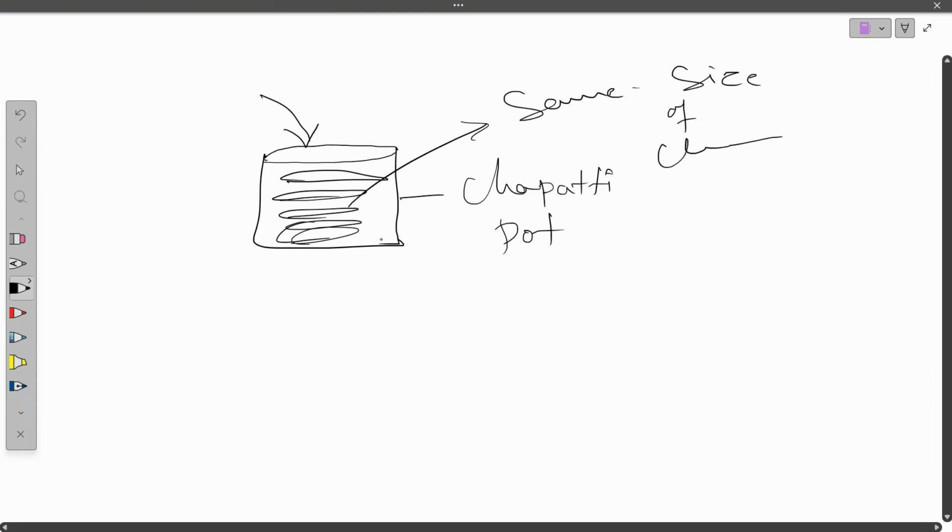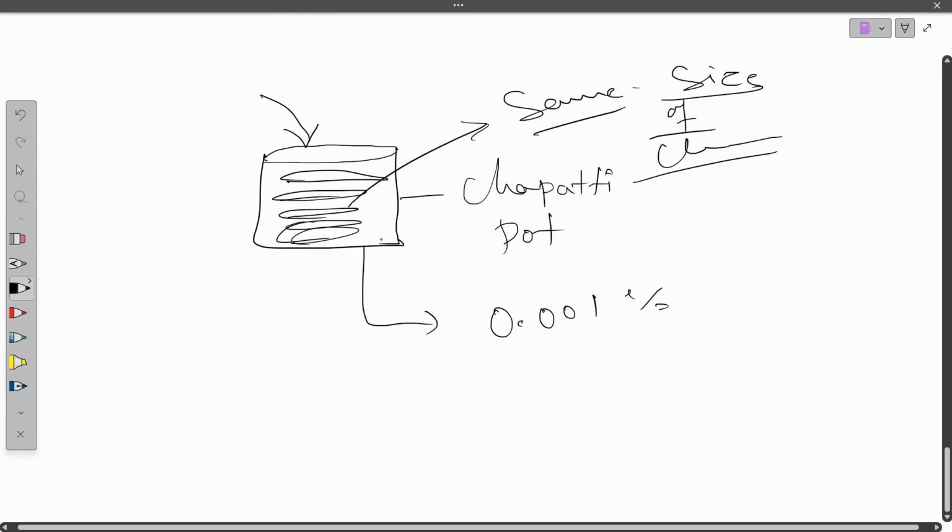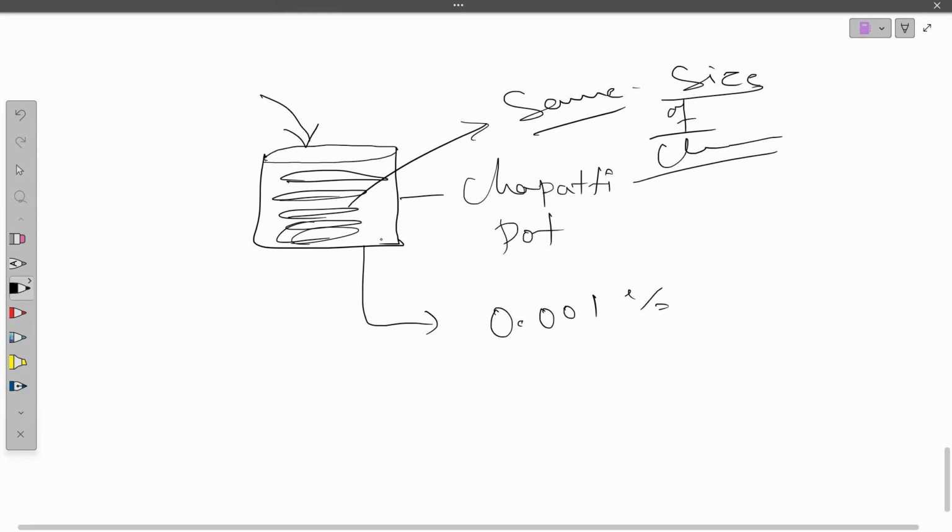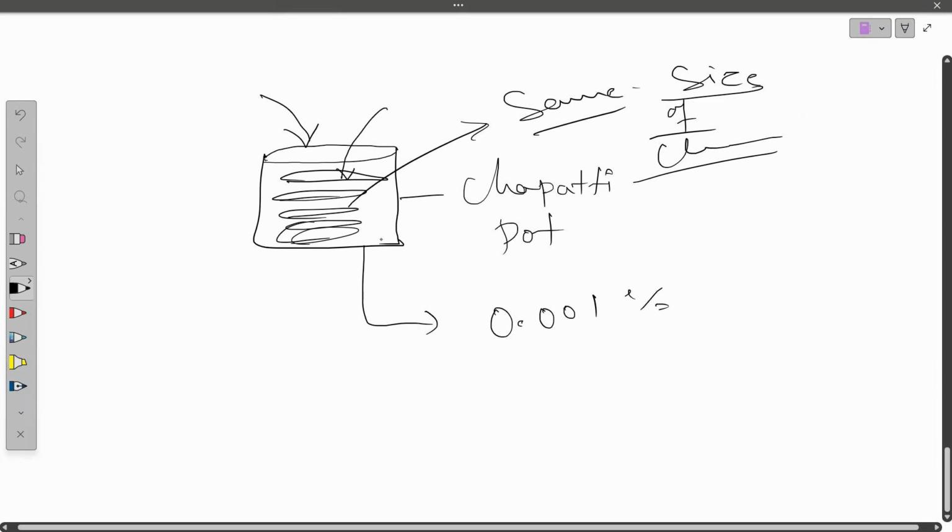Is it possible? No, obviously. Even though it is a container, there is a 0.001% chance that every day we will keep the same size of chapati. That means, can I say, day by day this size of chapati may vary?